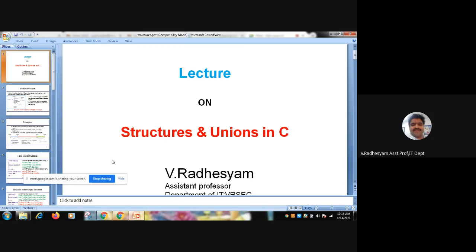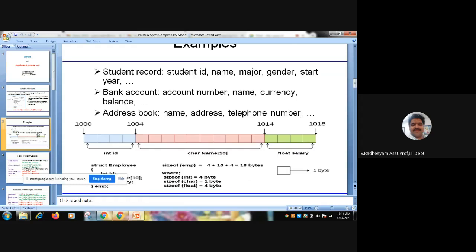Likewise, if you consider student details, there will be a student number, student ID, student name, the amount of fees paid, like that.